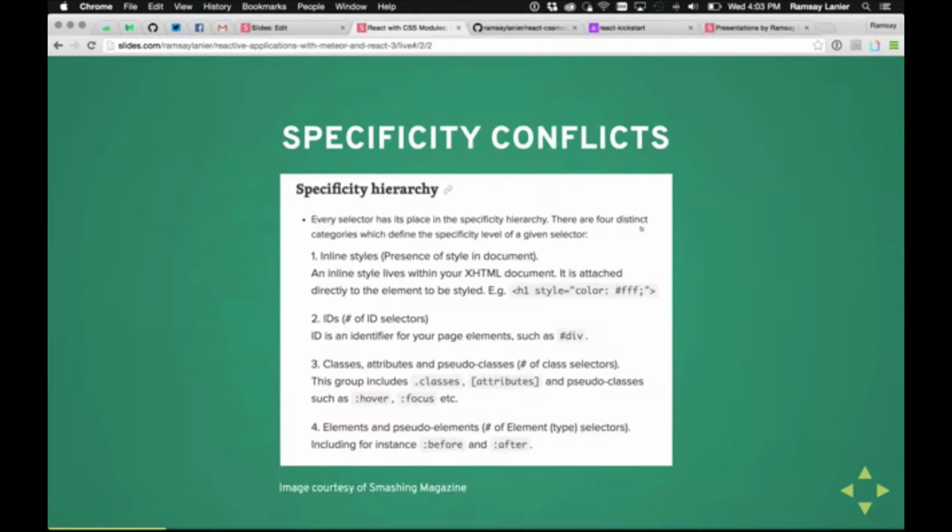CSS also has huge problems with specificity conflicts. If you have ever done any front-end development and used CSS, you probably know what I'm talking about. This is a nice clip I took from Smashing Magazine that shows how specificity is calculated by the browser. And to avoid some global scoping issues, people will do super crazy nesting of styles, and it becomes a real big hassle. This is alleviated by inline styles, again, because everything is locally scoped to your component.